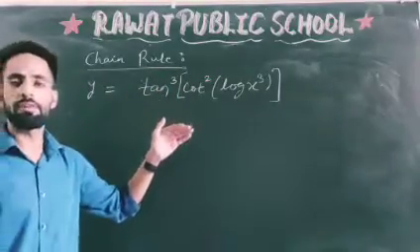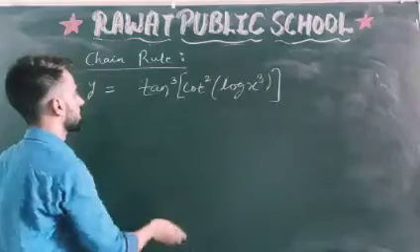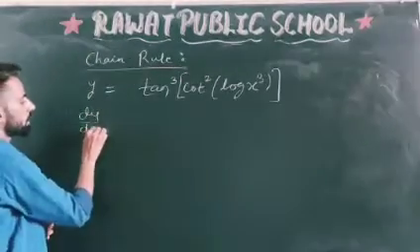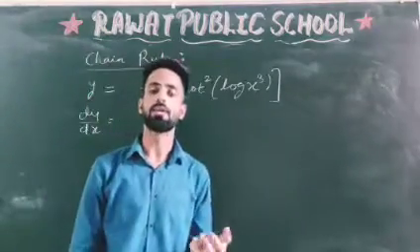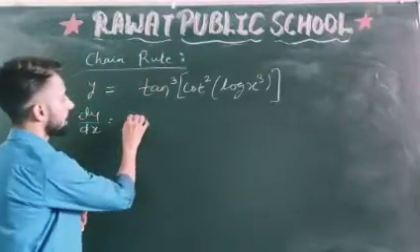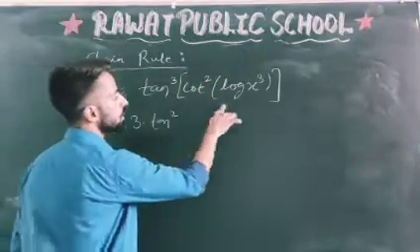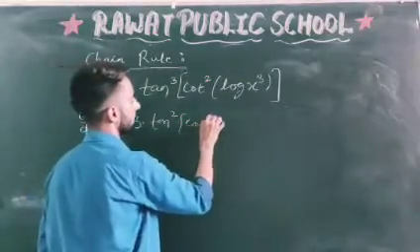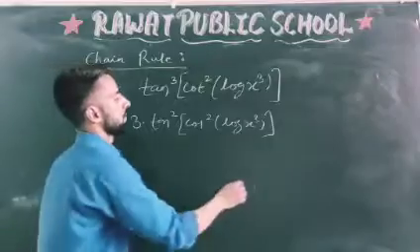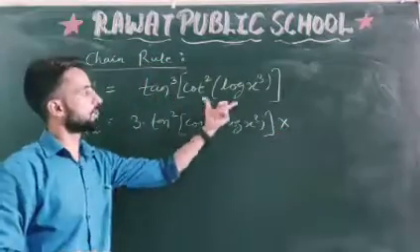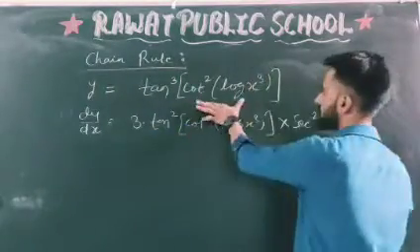Now according to the chain rule, we will be differentiating the power first of all. What is the main function? Tan. Tan has a power here, 3. So we are differentiating with respect to x, this will become dy by dx. And now x to the power n gives n x to the power n minus 1, and the rest as it is. Power differentiated. Now the main function tan theta. Tan theta means sec square theta. So I will write sec square, and this complete expression is theta.